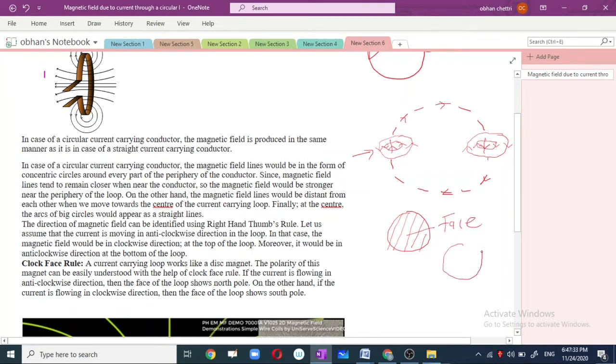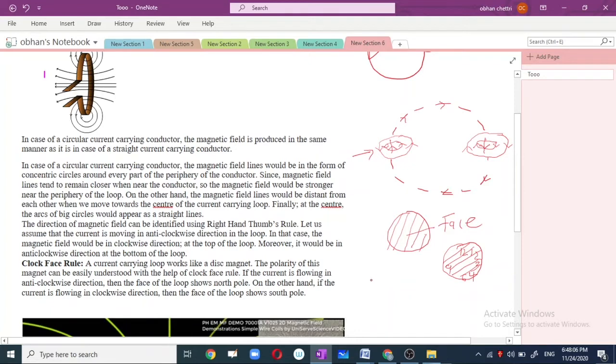For example, I'm making a clock where we have 12 here, 1, 2, 3, 4, 6, 9 and so on, right? So these numbers or digits are placed inside the face of the clock. So this overall surface is the face of the circular loop in this context. Okay, fine. If you are clear about this face part, now let me come to one very important theory about bar magnet.